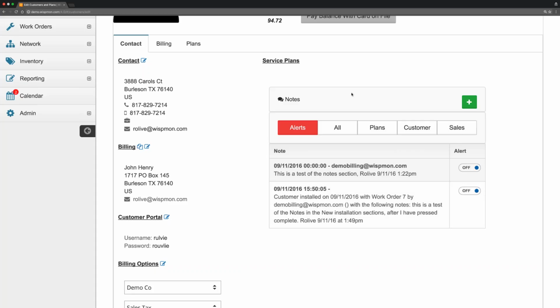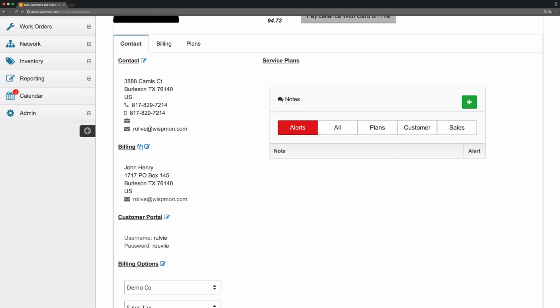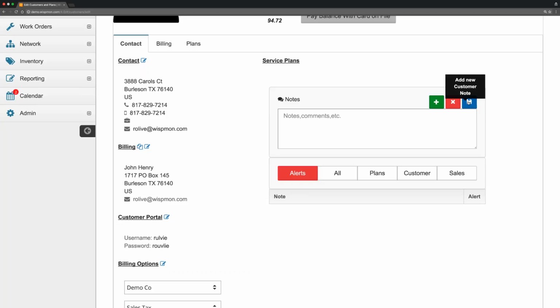And so now, what if you need to leave a note? Let's say, for example, that this customer called in, he was suspended, you unsuspended him, but you need to leave a note to remind yourself that you unsuspended this guy based on his goodwill. So I clicked on that green button to add the note, and I'm going to say